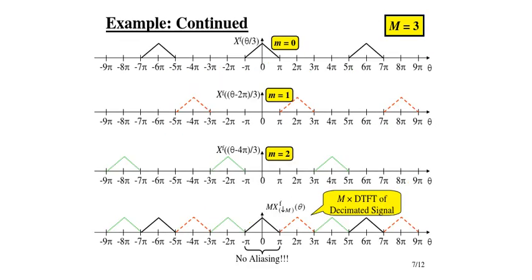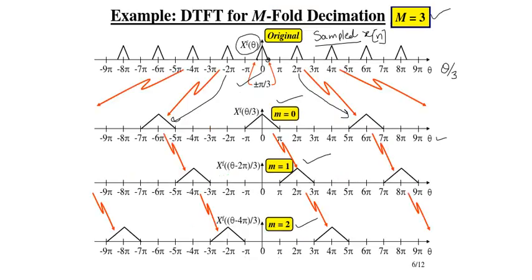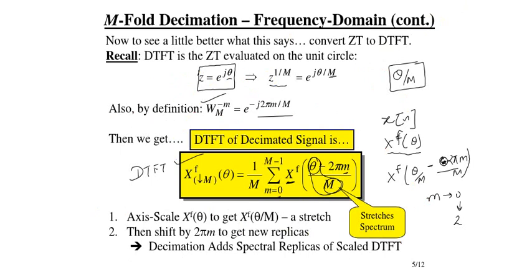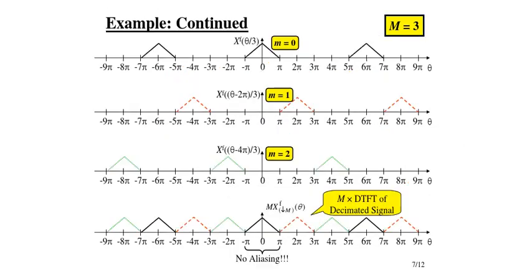So if I combinedly write it, because you have to add all those shifted versions as well, right? Because there is a summation sign here, so we have to add everything. So if I add the 0th part, first part and second part, I denoted them by different colors. So this will be the resultant version of the downsampled DTFT, right? So this was your original spectrum. Okay, so I got the replicas here, and after that the original spectrum is replicated, right?